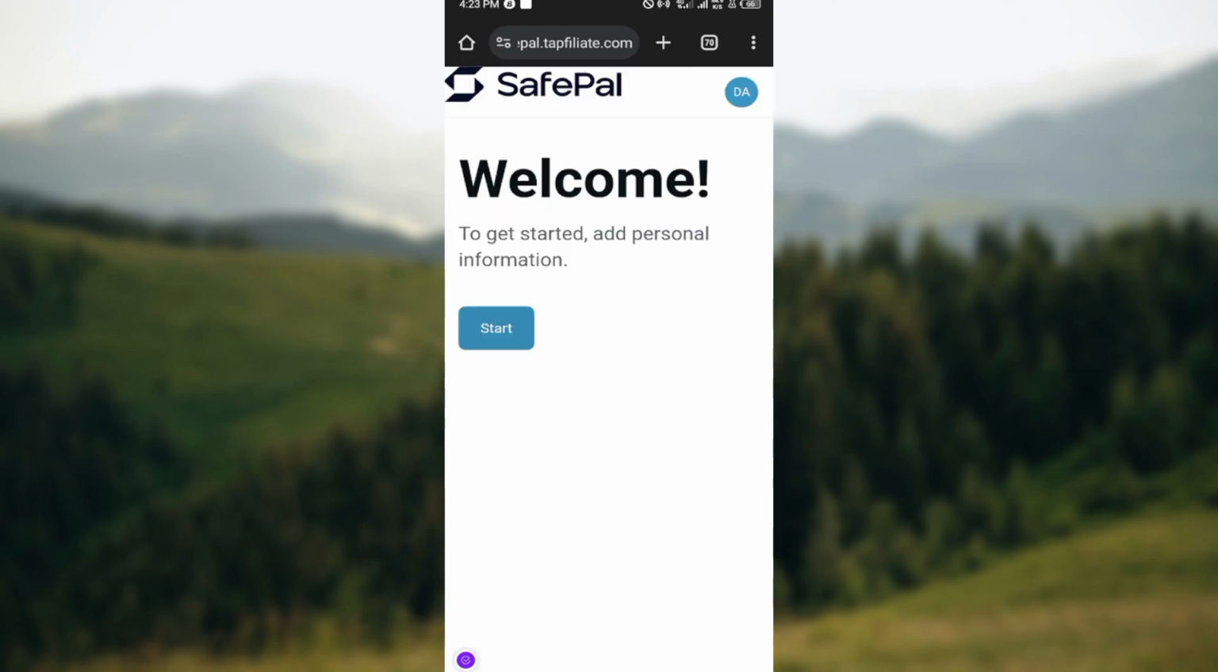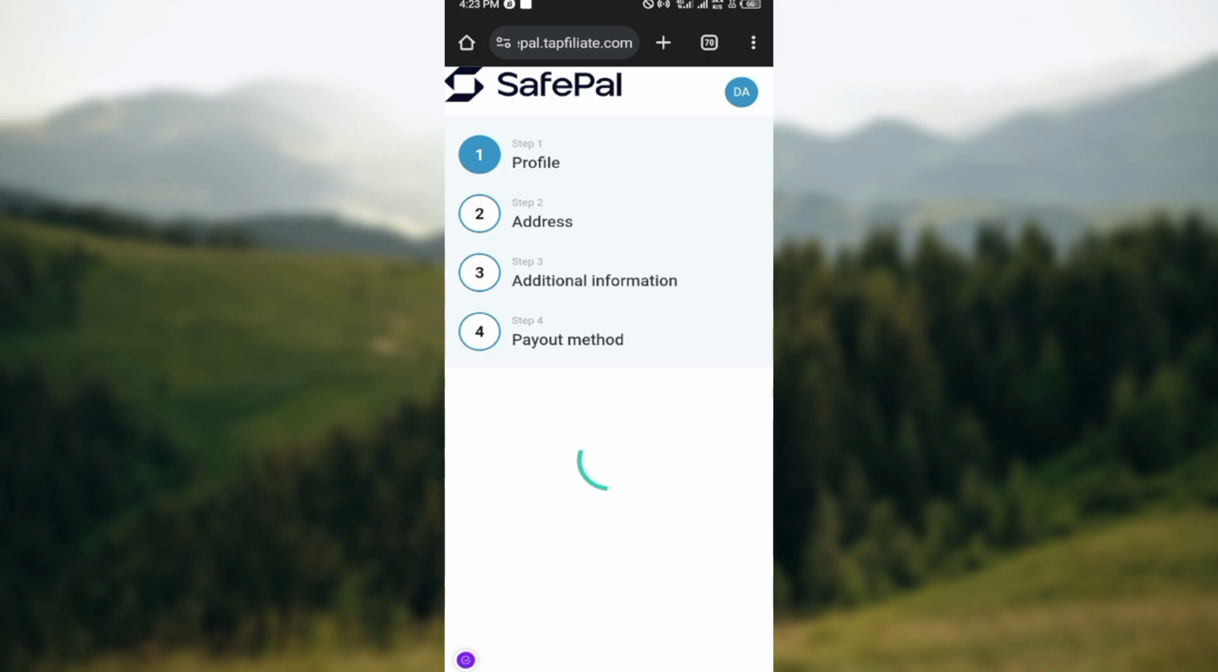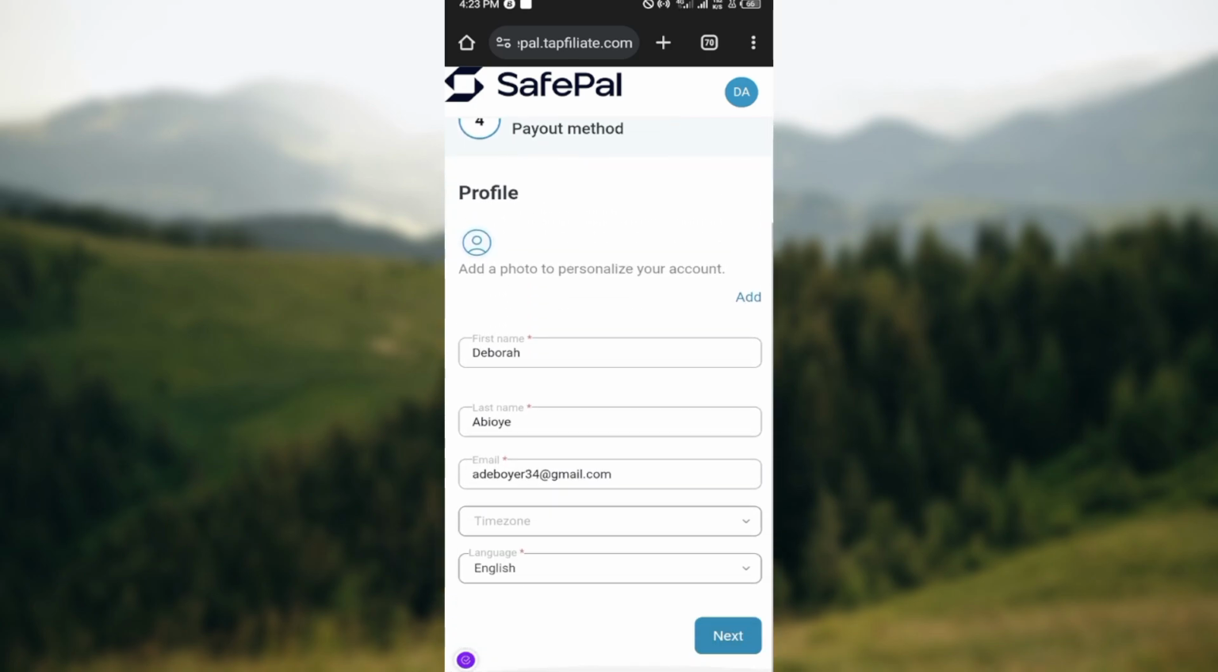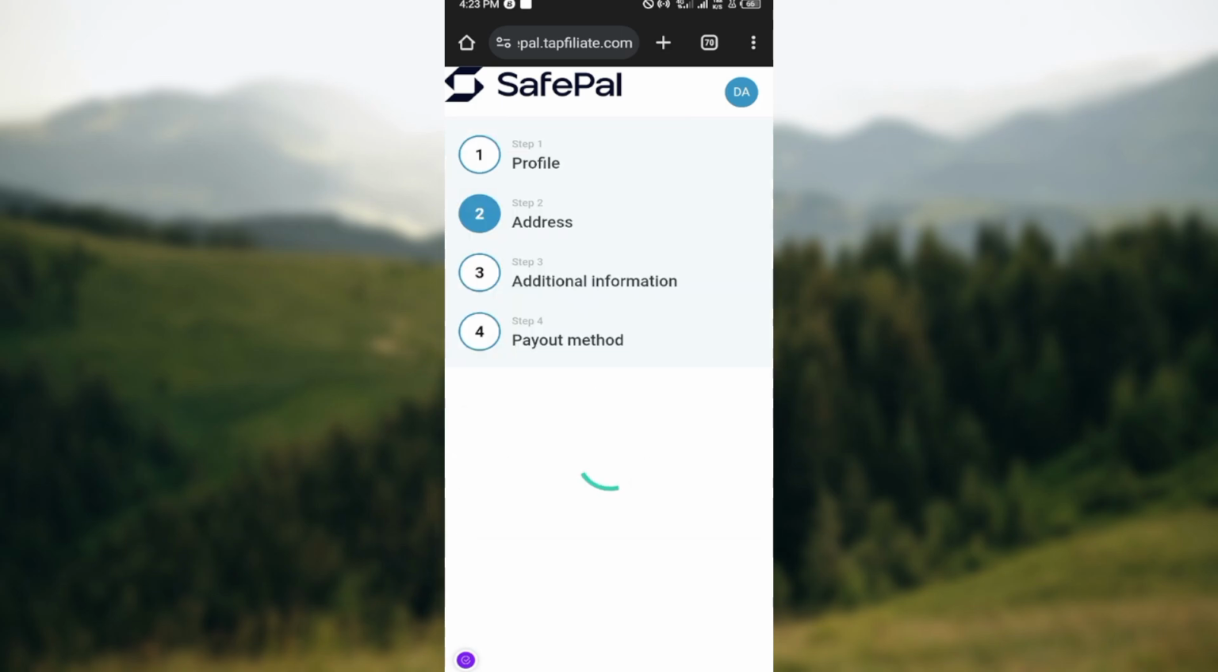So once you've registered, you can see the next step would be for you to add your personal information. Just do that, click on start, and then you can see the four different steps available. So it asks you to create a profile, add your address, additional information, and then the payout method. And so once you're done entering your profile, move to the bottom right corner, click on the next icon, and then you'll be taken to